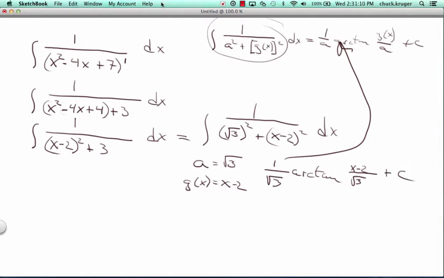And that's my antiderivative. All right, on the next problem, what I'm going to do is a definite integral. In the definite integral, I ask you to figure out the area from 1.5 to 2.25, and I think I give you a graph of 1 over the square root of 3x minus x squared dx. Now I'm thinking about reversing the power rule here, but the derivative of this is 3